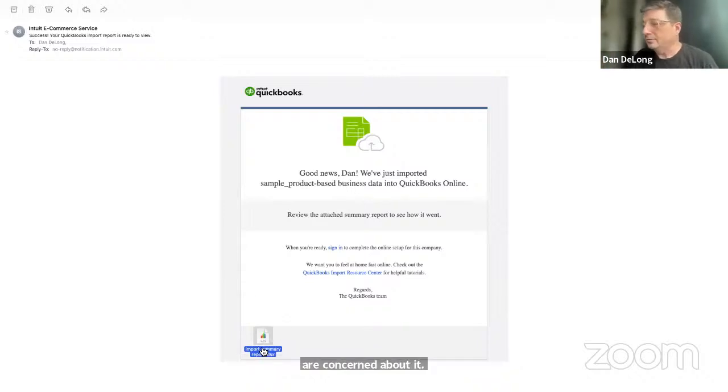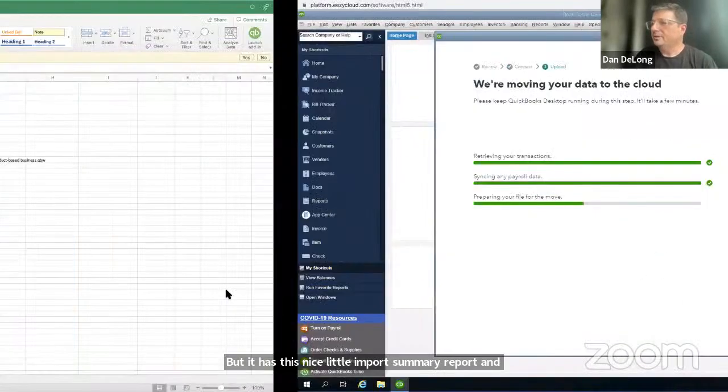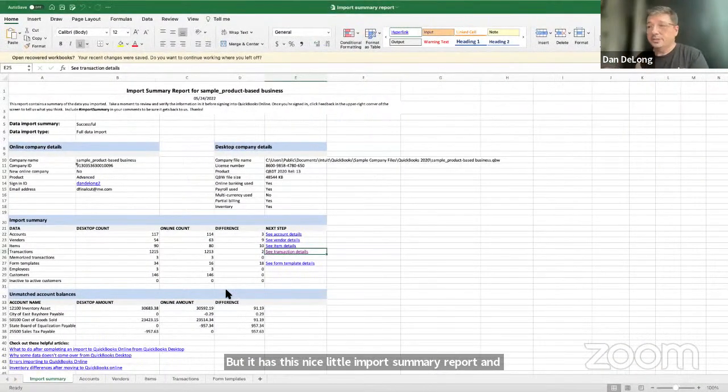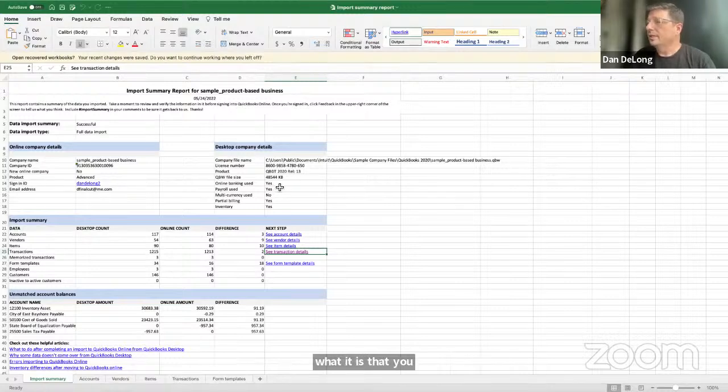It has this nice little import summary report, and it's super helpful. I've got it open here, and it's an Excel spreadsheet that comes up. It's got some information about what it is that you converted, whether they used online banking or payroll, multi-currency was used, partial billing, if they used inventory.